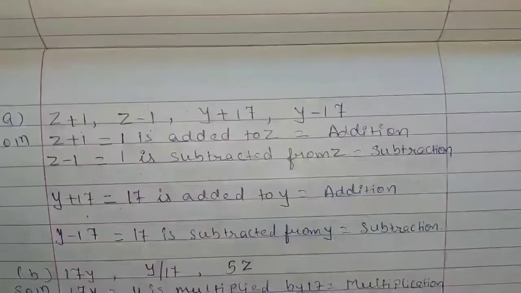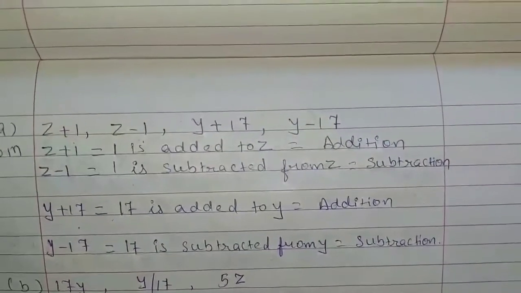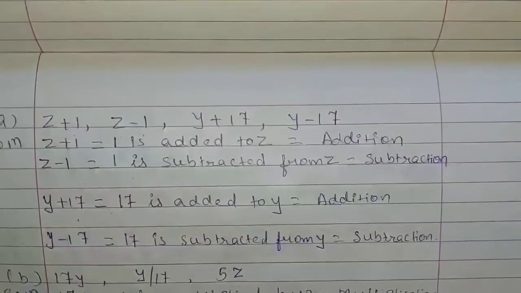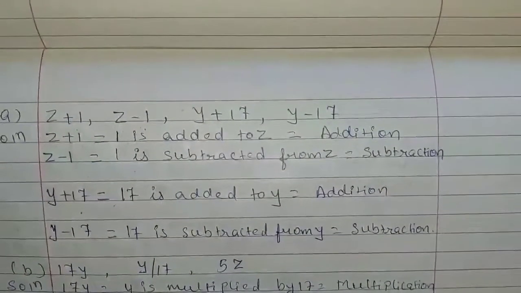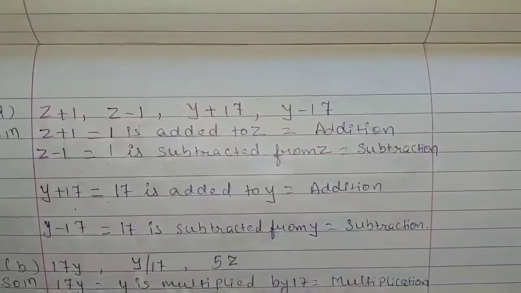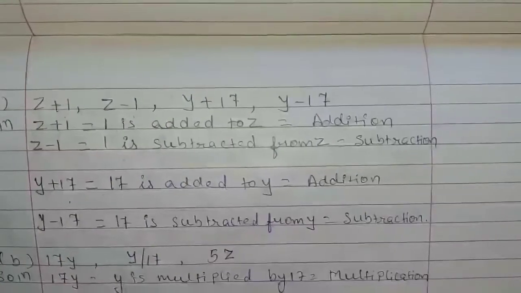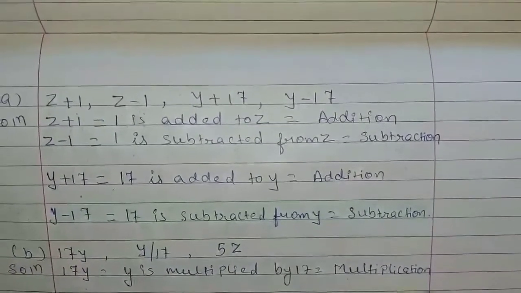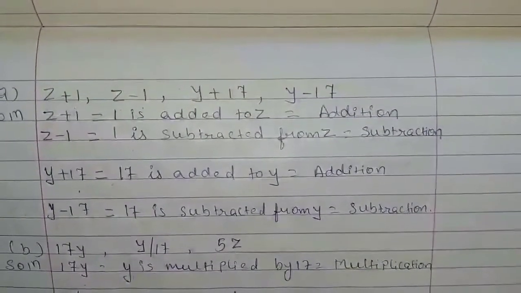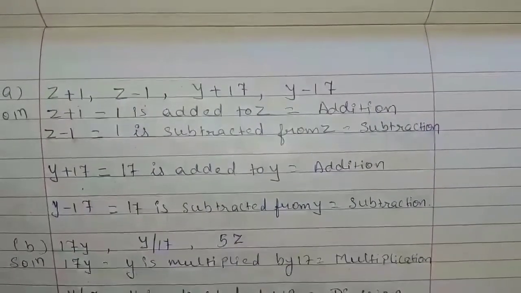In multiplication, if it is given like 17y, then how to write it? That means we will write y is multiplied by 17. And if it is written y upon 17, then how to write in division form? Y is divided by 17. So these are the 4 different ways to write the expressions in the statement form. So this way, wherever in this example multiplications, additions, subtractions and divisions are given, we have to write in statement form with the proper addition, subtraction, multiplication, division statement.